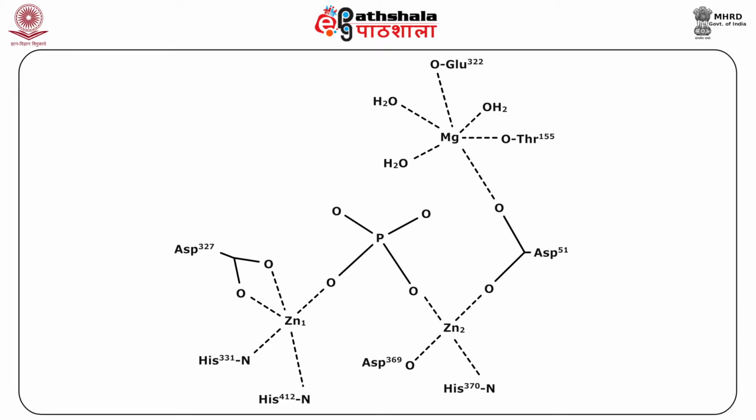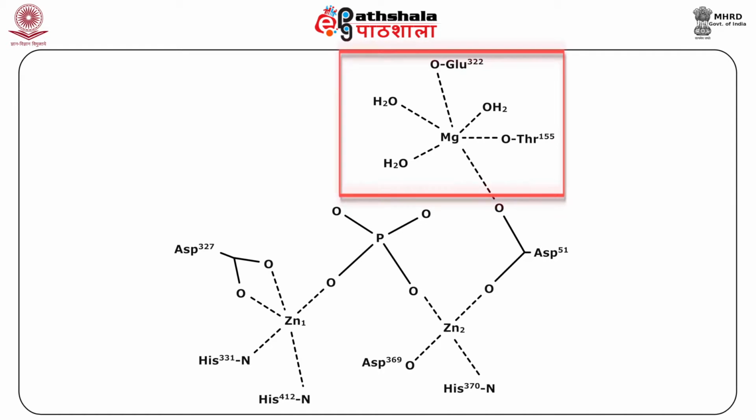The magnesium 2 ion has a slightly distorted octahedral coordination environment. The second carboxyl oxygen of aspartate 51 is coordinated to magnesium 2. Magnesium 2 is also coordinated to 2 oxygen atoms from glutamate 322, threonine 155, and 3 oxygen atoms from water